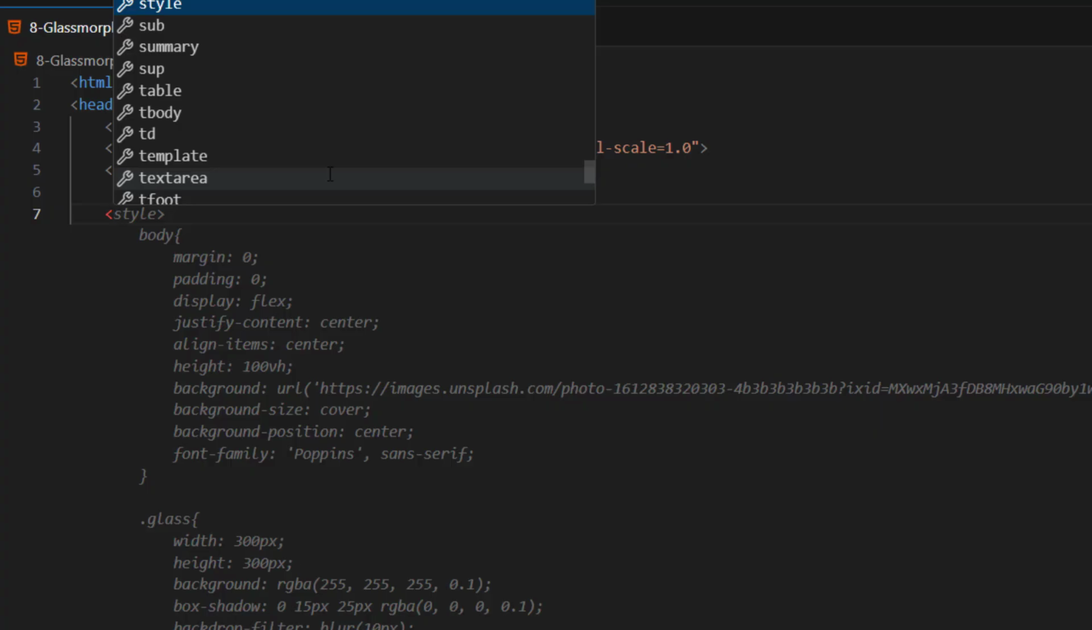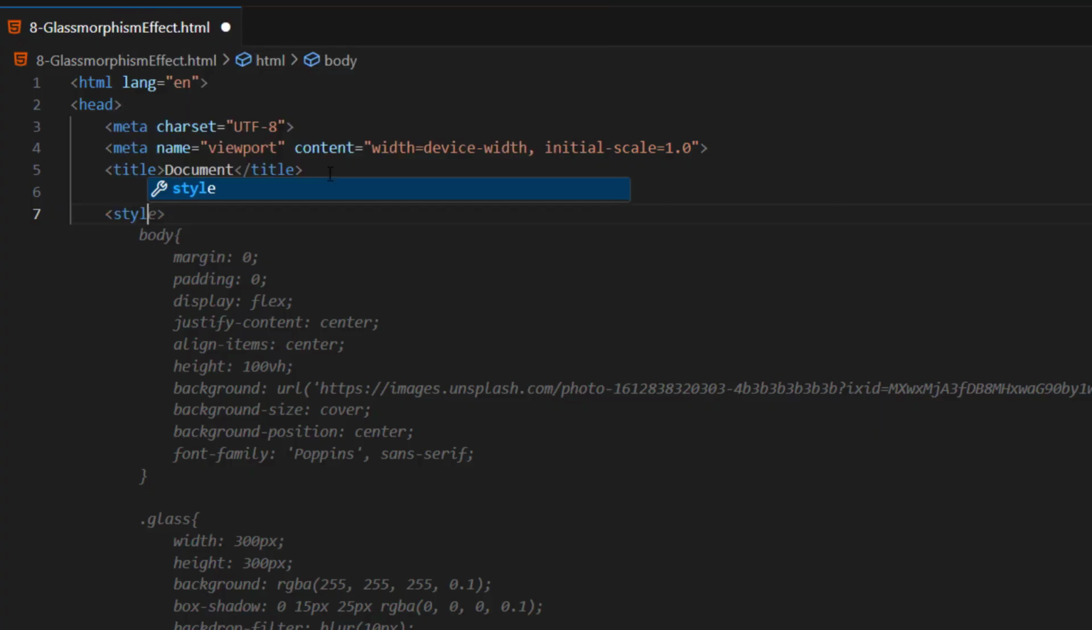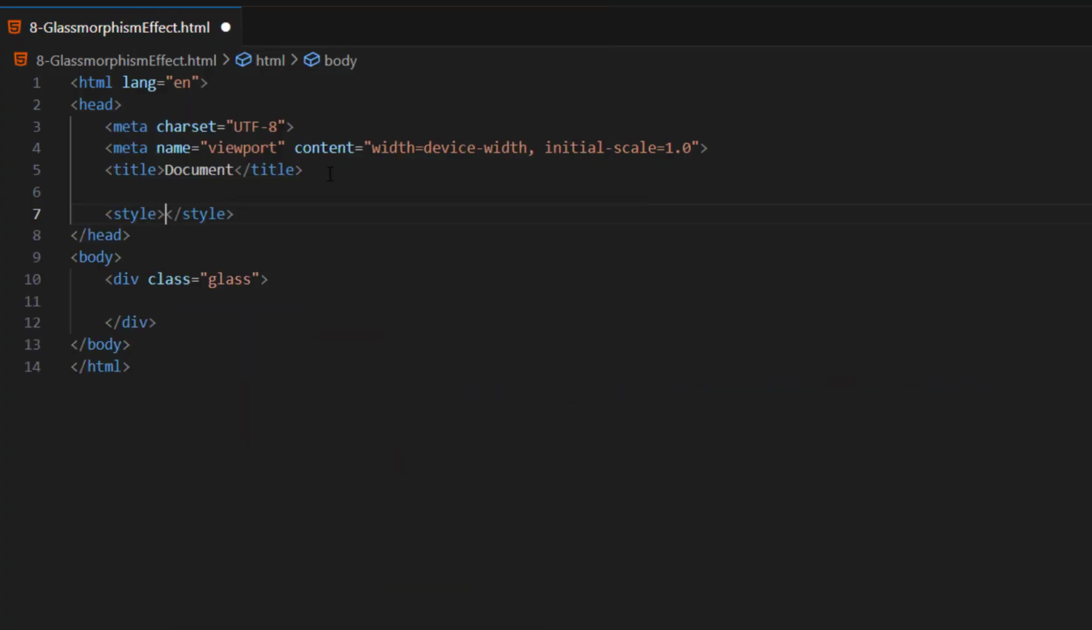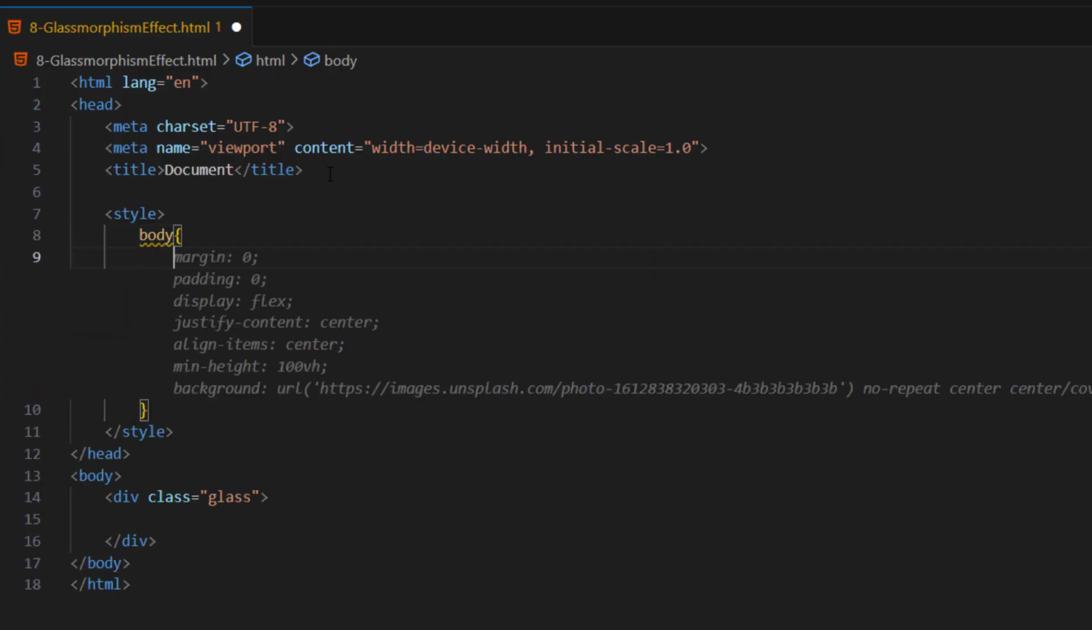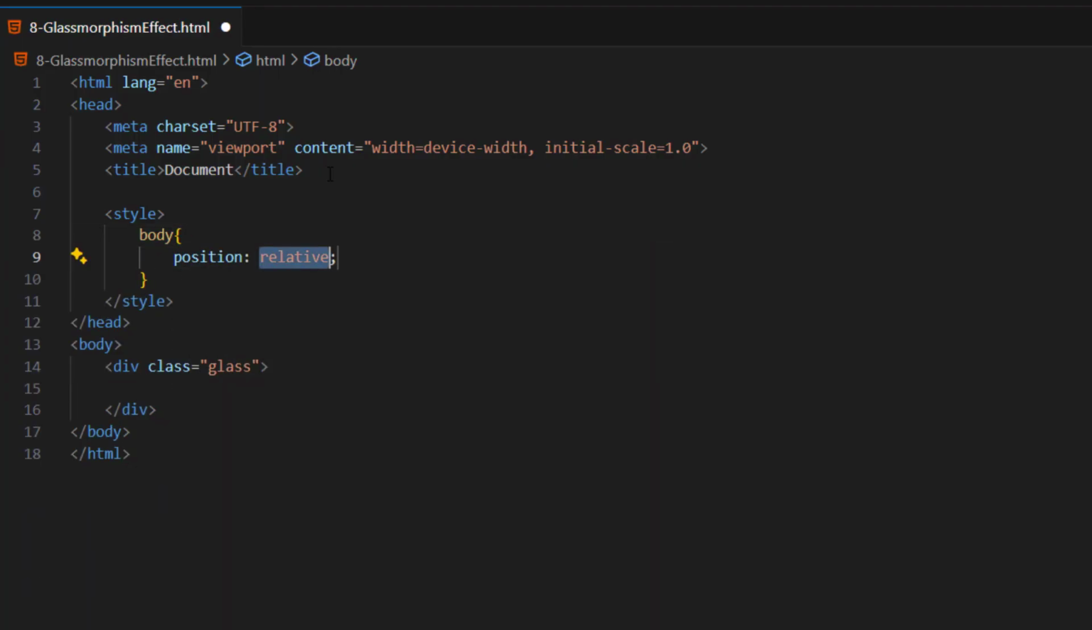Just first I will try to make you understand what is Glassmorphism effect. First we will achieve that and then we will enhance it. Okay, so inside style, let's target body, position relative,